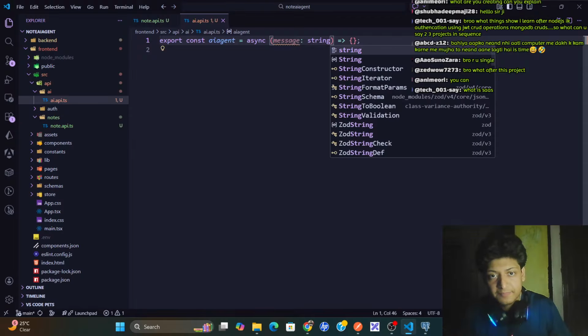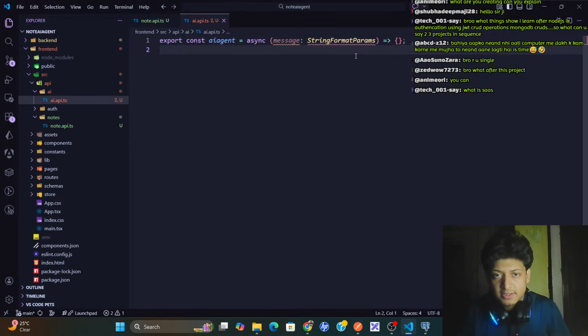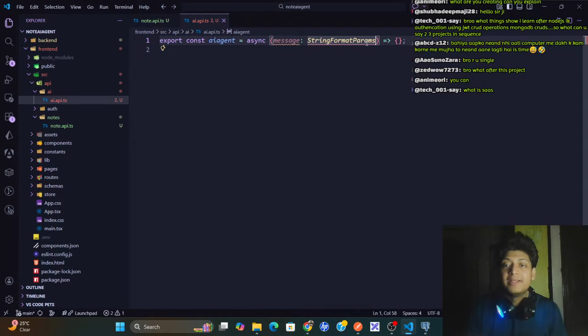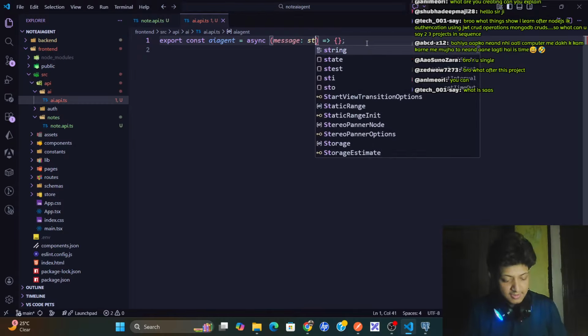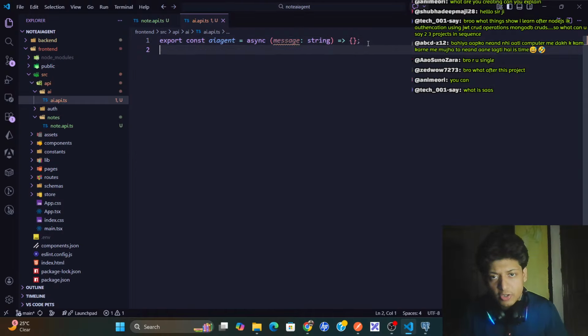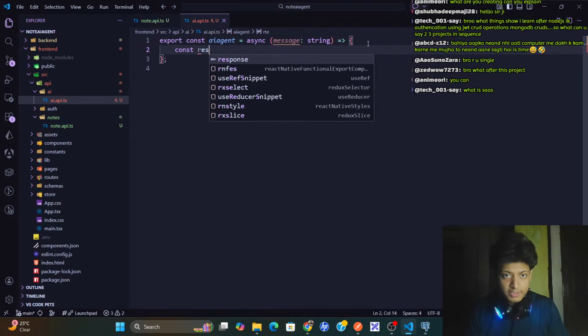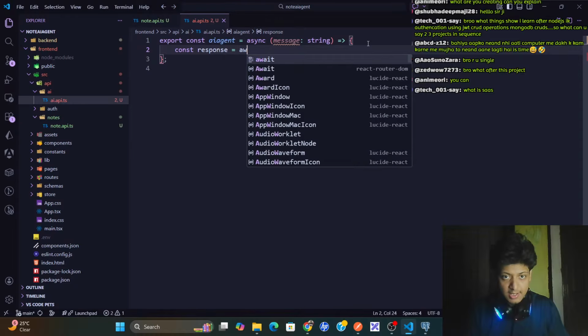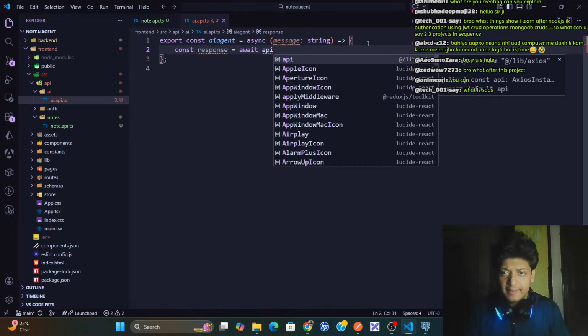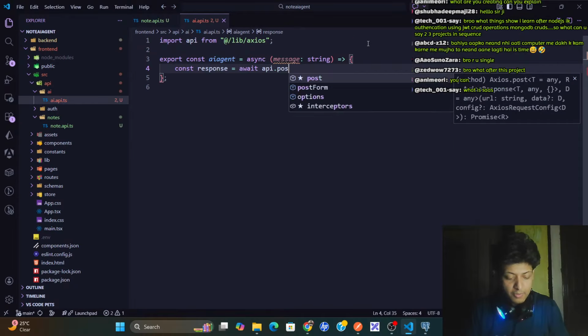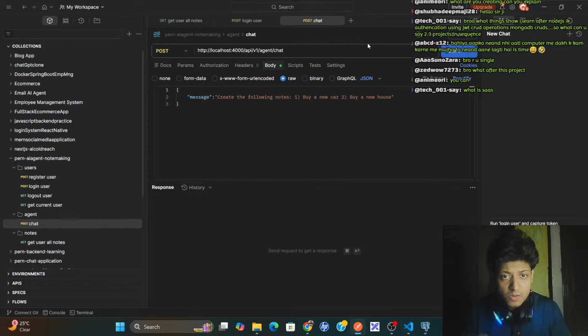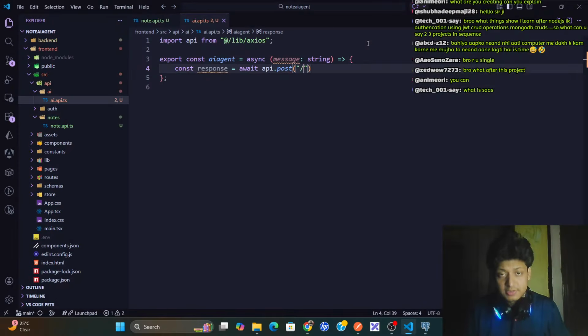Message is a string. Hold on, this is called VS Code being over smart. String, we got the message and string, and then const response equals await API dot post slash agent slash chat.